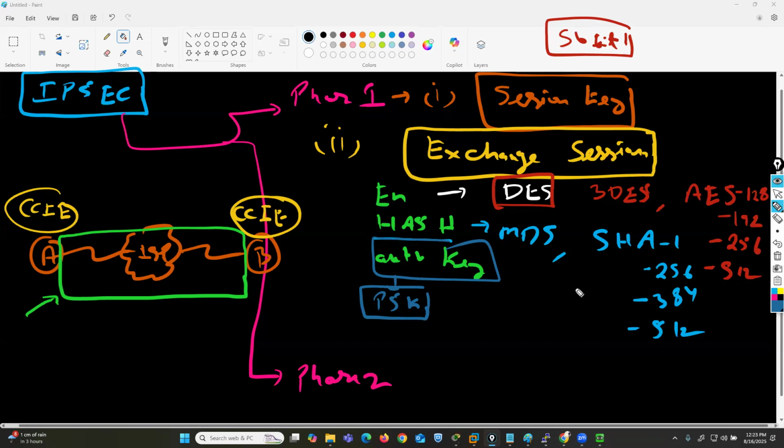So PSK is a method, pre-shared key. We have the same session key on both branch offices. In short, you can say PSK. To create this phase one tunnel,